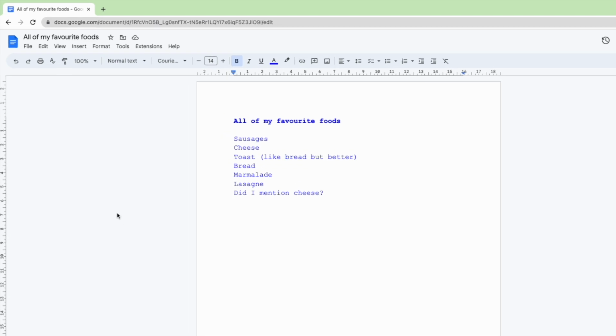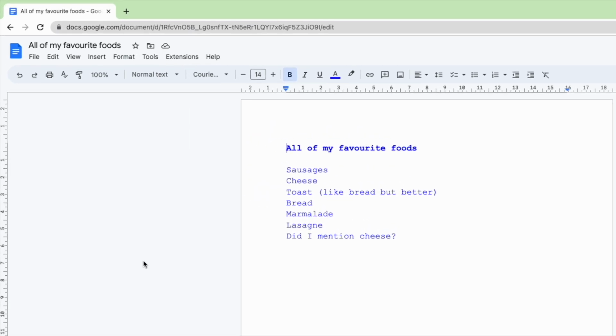Adding bullet points to this list is quick to do, but it can be tricky if you've not done it before. The first step in adding bullet points is to select the text you want to add the bullet points to. I can do this by moving my mouse to the right of the list I want to select in